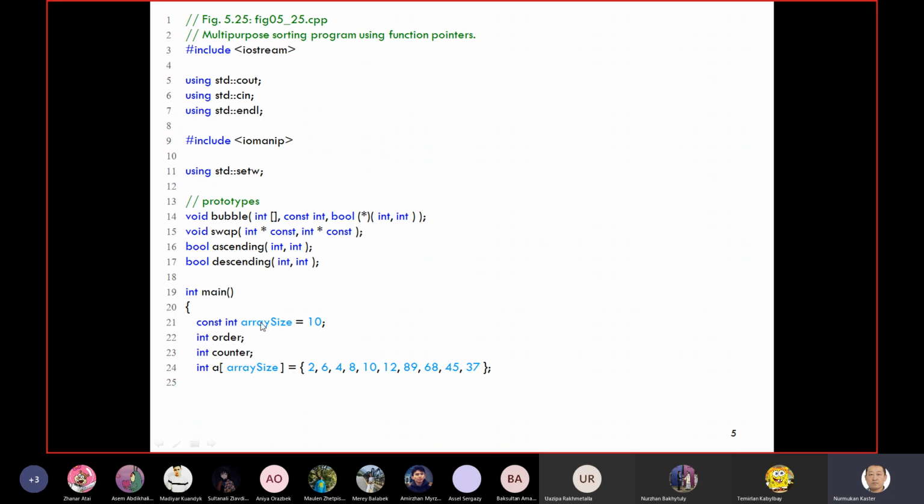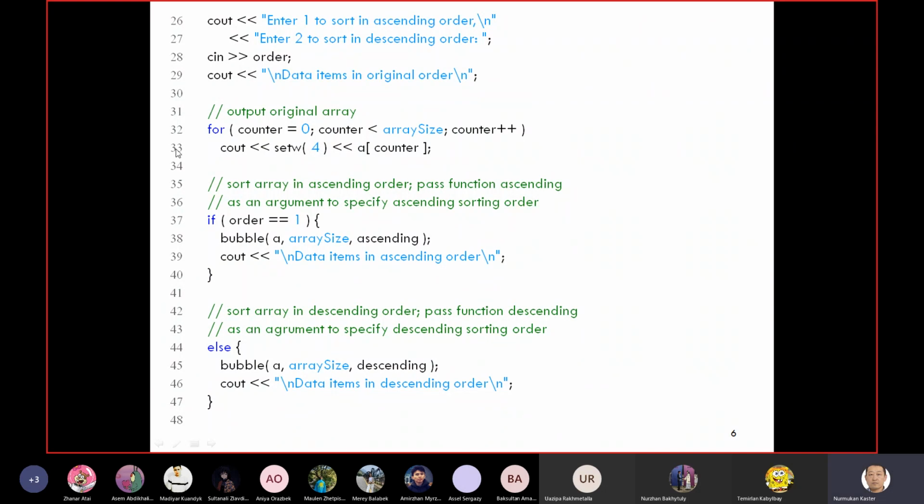So what it does is take the size and the array. Here you can input a choice, right? First of all, it outputs what is inside the array. Then if you input one, it does ascending order. If you input two, it does descending order. So they try to call this function in that order. The thing is, here in the bubble function,